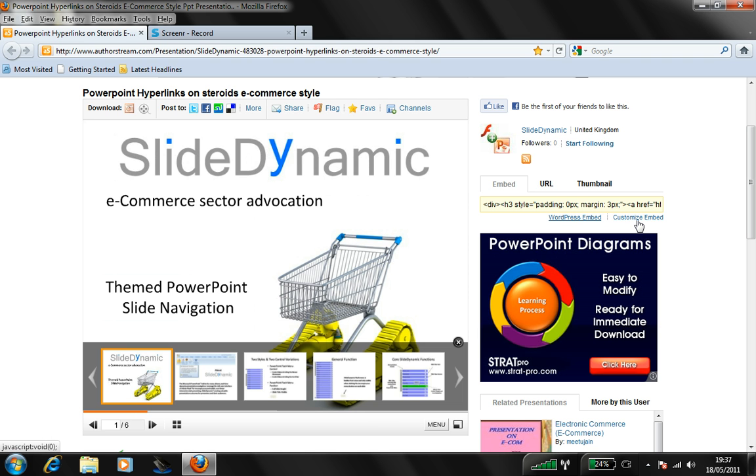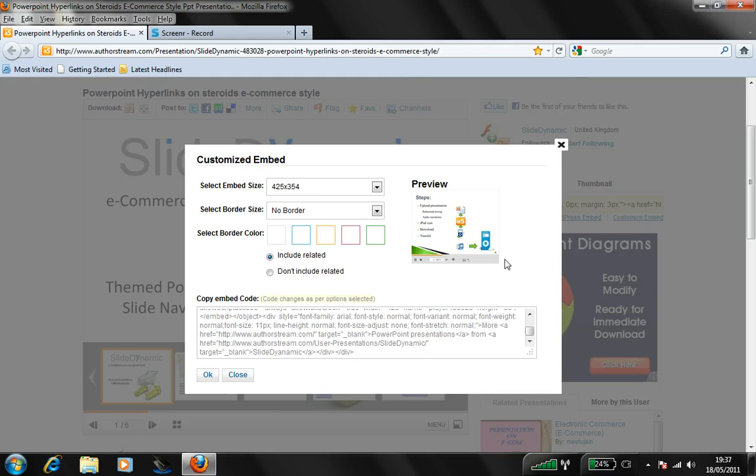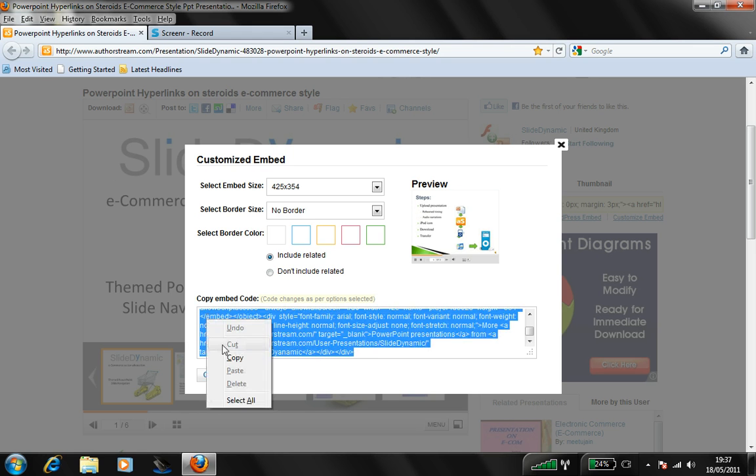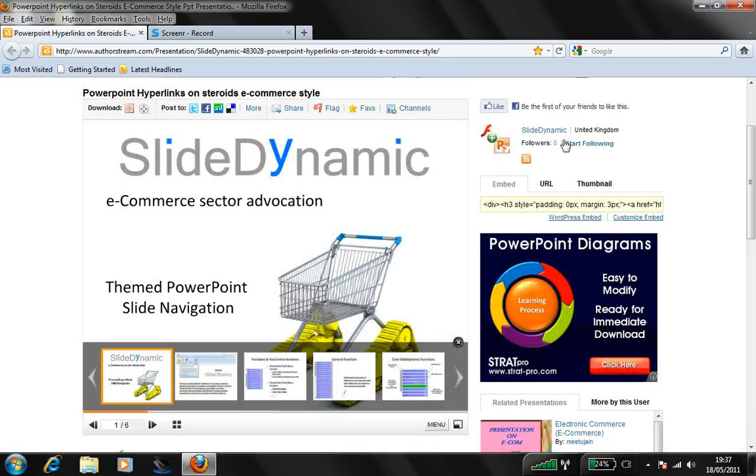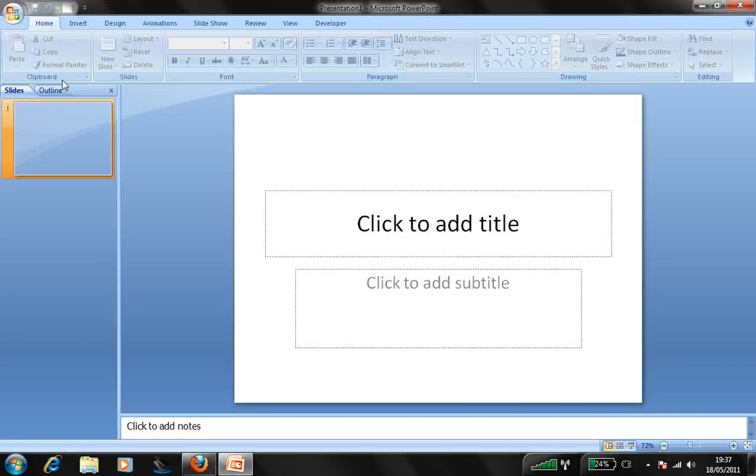If you want to embed it in a PowerPoint slide while you're online, go to the customized code, and you'll see what it looks like here. All you simply do is click copy. Close that now, we don't need it. If you go to PowerPoint, and once it's open,